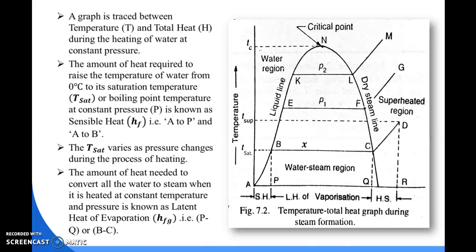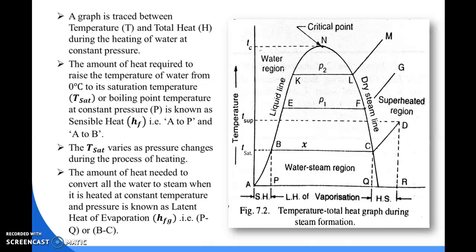That means I can say, if I heat the water at a pressure of 221 bar and temperature of 374 degrees centigrade, then it will not take any time. Suddenly, the total water will be converted into the steam. And in that case, the pressure is 221 bar and temperature is 374 degree centigrade.